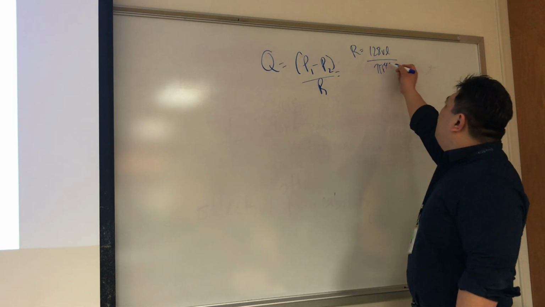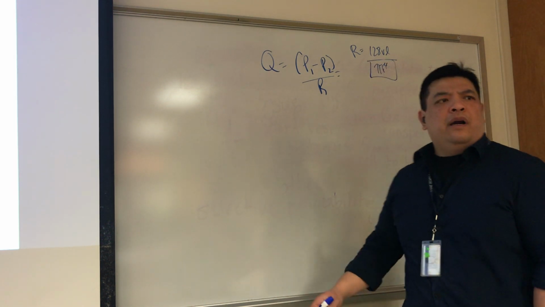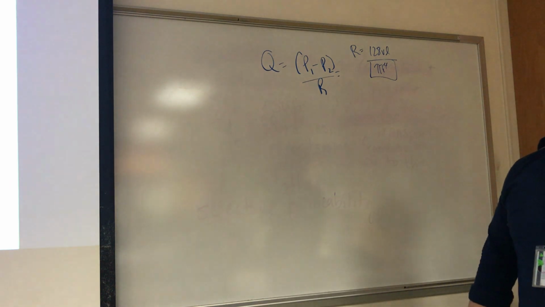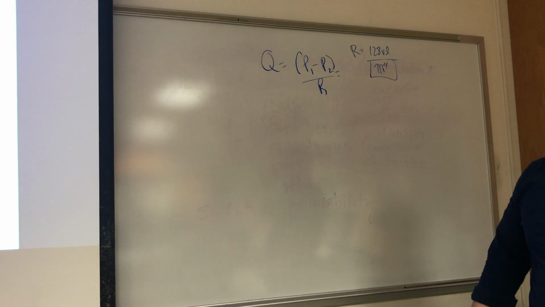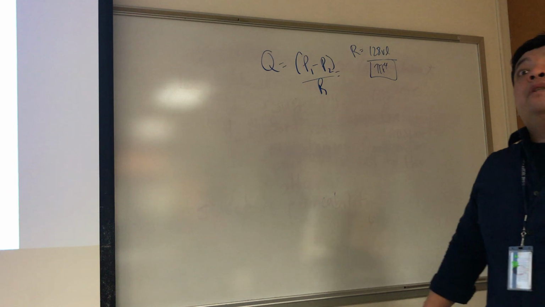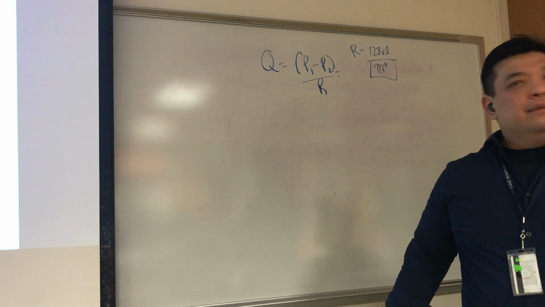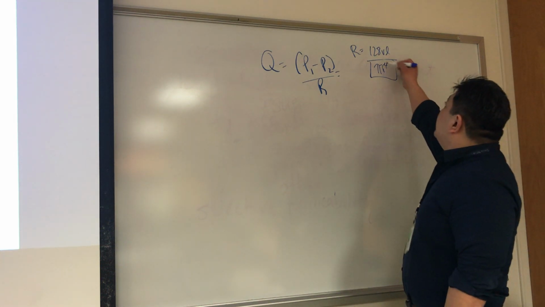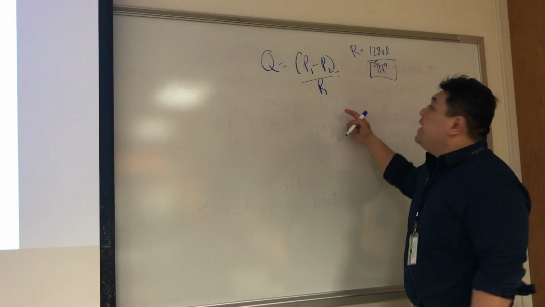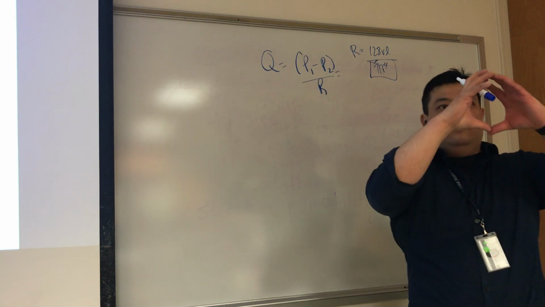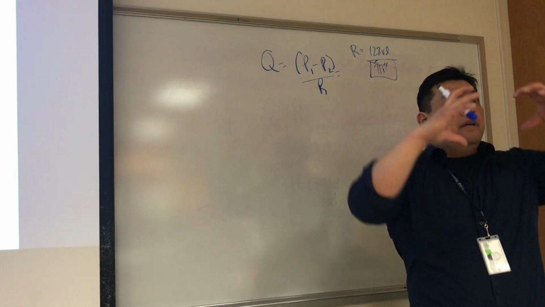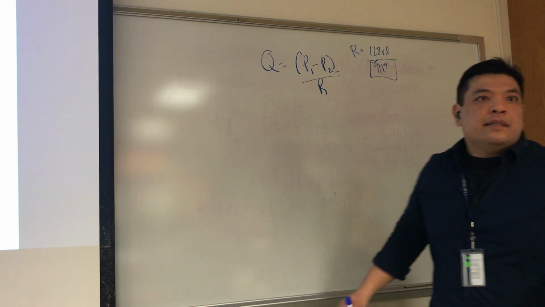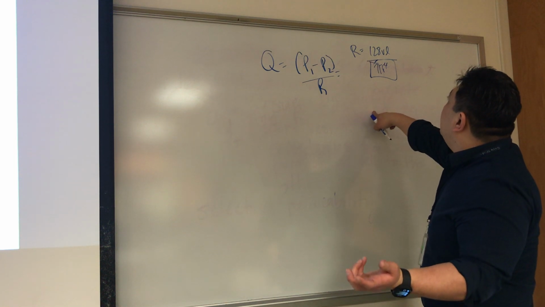So what we're going to see is, what is pi r to the fourth power? That is the area of a tube, all right? Remember, pi r to the second is what? Well, the area of a circle, right? So here, we're going to see that the resistance is going to be dependent on the size of the opening, which kind of makes sense, right? And we're going to see that,